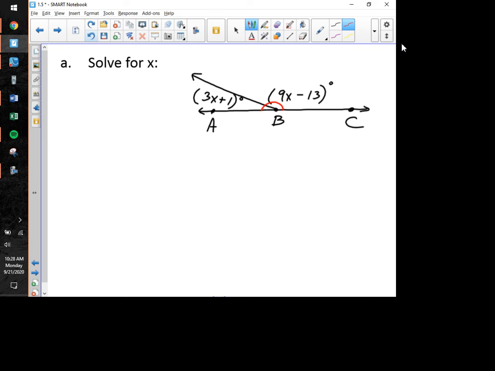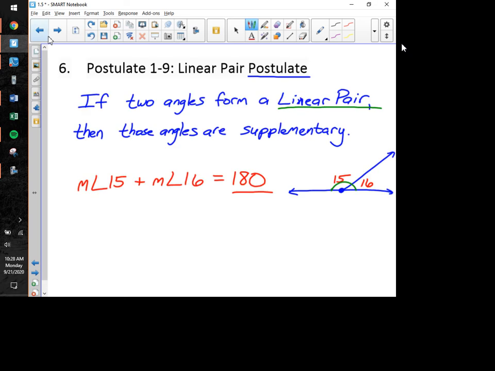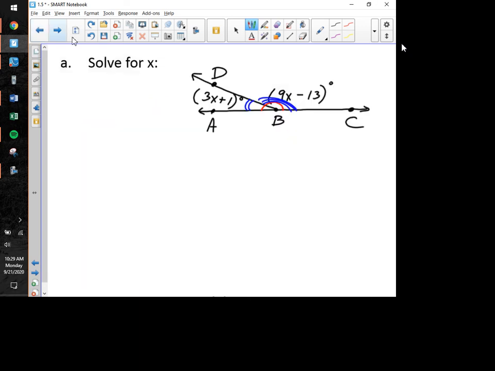That's the important thing, and let me say that a second time. We are allowed to assume a straight line, therefore we are allowed to assume a linear pair from a diagram. So if I was going to talk about angle ABD, which is this angle right here, and angle DBC, which is this angle here, we now know that those two angles form a linear pair. And the postulate we just learned said that if two angles form a linear pair, then those angles are supplementary. So that means that these two angles are supplementary,